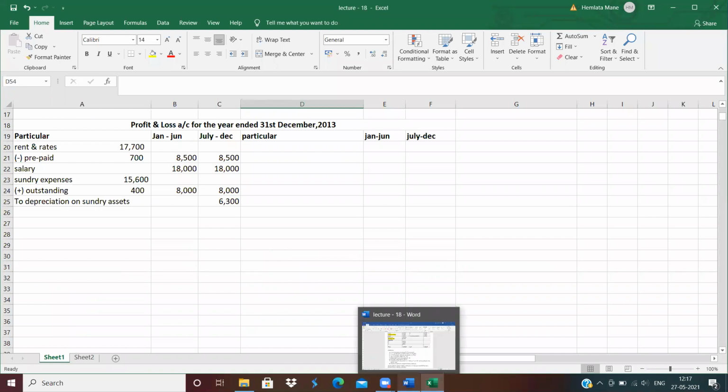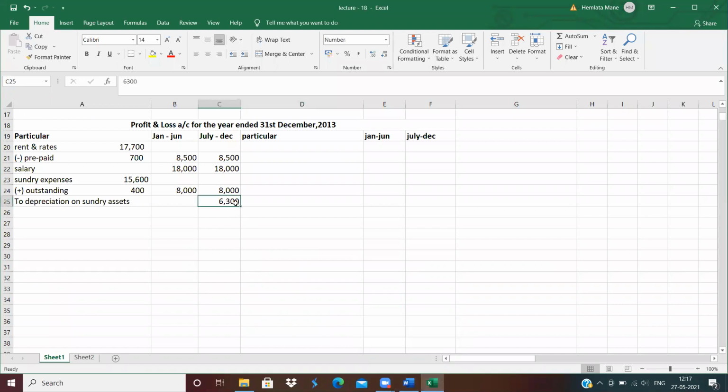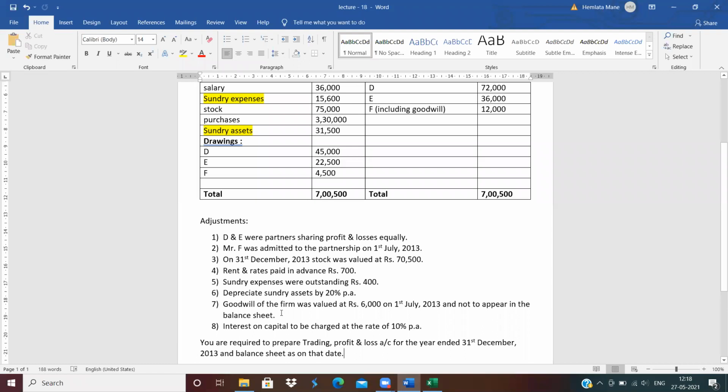Next. Okay. P&L account, this side distribute this amount equally, 3,600. So always after doing the adjustment, always check this. So 3,600 distributed equally means 3,150, because here we are distributing the amount equally, no? So 3,150. After every posting, you should check all the postings once again. After every adjustment, you should check all the adjustments once again. Then you can know what the mistake is. If you have any mistake, then you can easily understand.